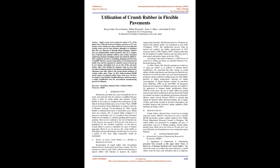He concluded that after mixing of crumb rubber with the neat bitumen and allowing it to blend for a mixed duration of 45 to 60 minutes, there were new material properties produced, which resulted in swelling in the size of the rubber particles at higher temperatures, allowing for higher concentrations of liquid bitumen contents in pavement mixes. Huffman, 1980. In the mid-1980s, the Europeans began the development of different polymers and additives for application in bitumen binder